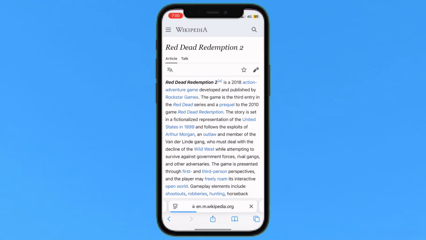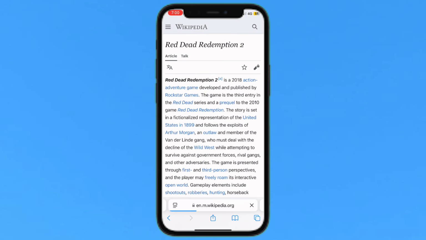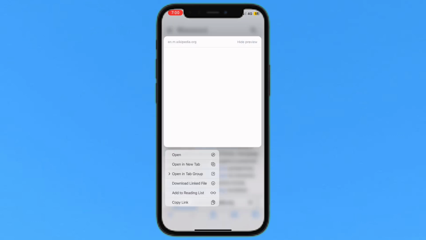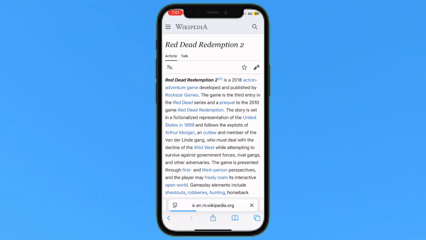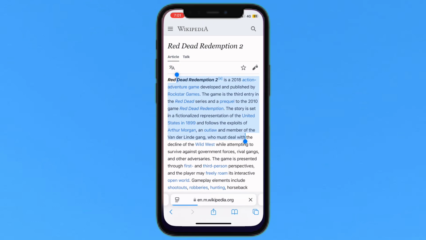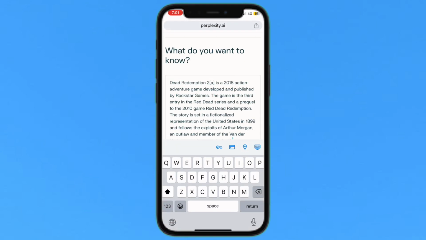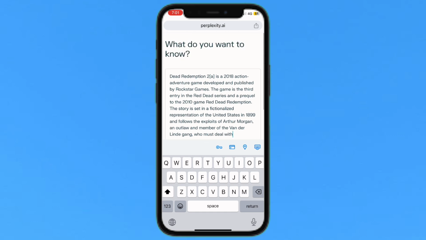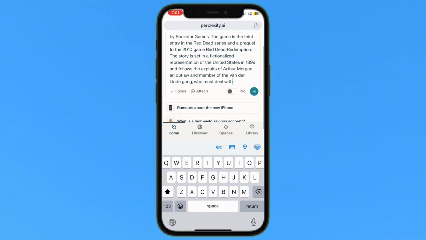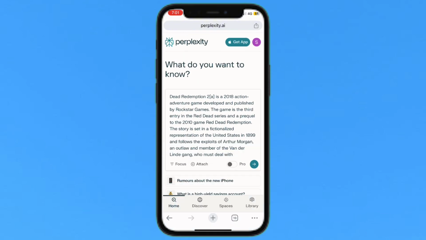I will just tap on another browser. Right now here you will see the red dot. There is a game story. I will just tap on it. I will just copy some lines, and then go on my Perplexity and just paste it. So here you will see there is no overlap queries in this, because whenever you just start using this perplexity.ai,